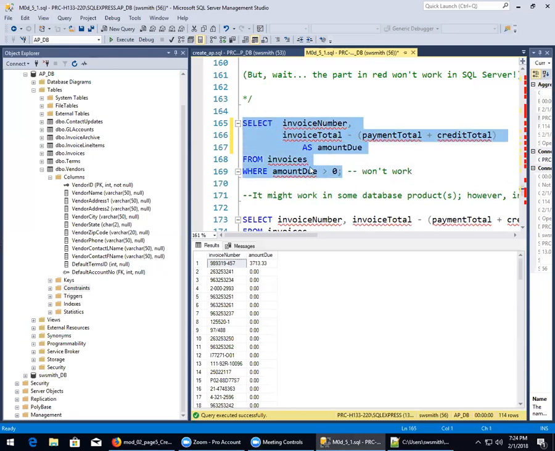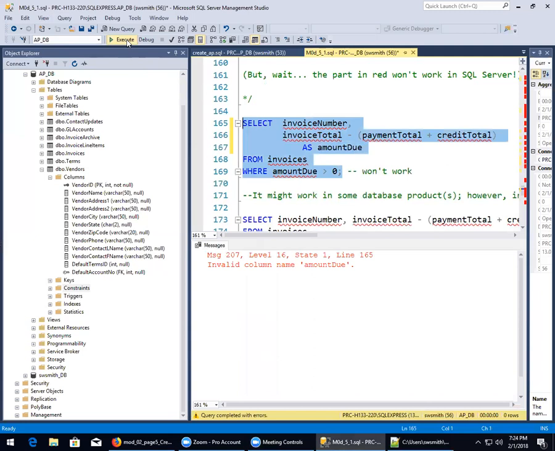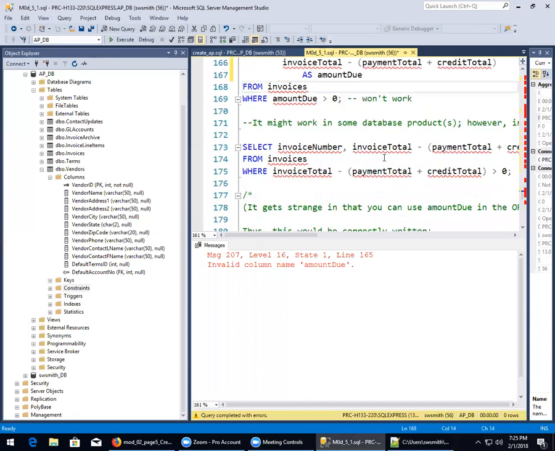Does that make sense to you? It makes sense to me. I would think that would work. So why am I getting a bunch of error messages for my reading pleasure? Well, in some products, by the way, it will work. Most of the time it won't. SQL, typically it won't. And the reason for it,